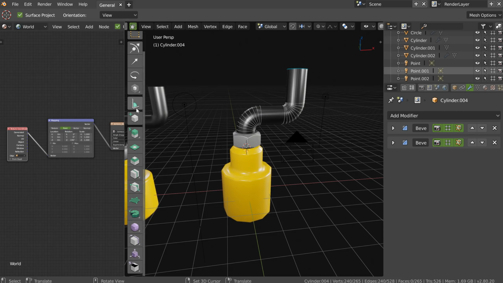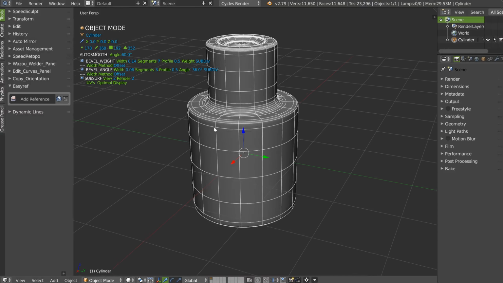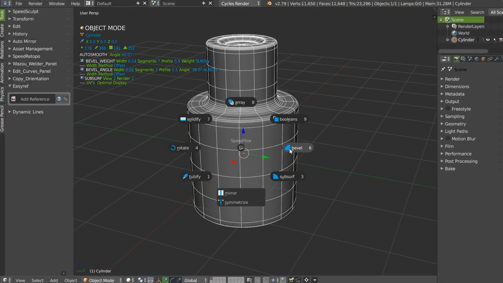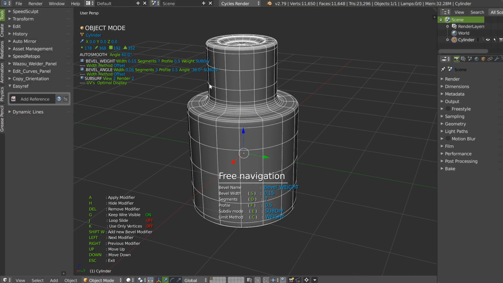I think it's Campbell who will finish it. I'm not sure who will, but I hope they will ask us to improve it, to test, etc., to find the proper workflow, because all of these are modals, and modals are the strength of Blender. Modals are something I love, because in 2.79, when I call a modifier, I'm in a modal. If I do this, this is a modal, and in a modal I can do a lot of things with one key. And as you can see, I have all of this and all of this.